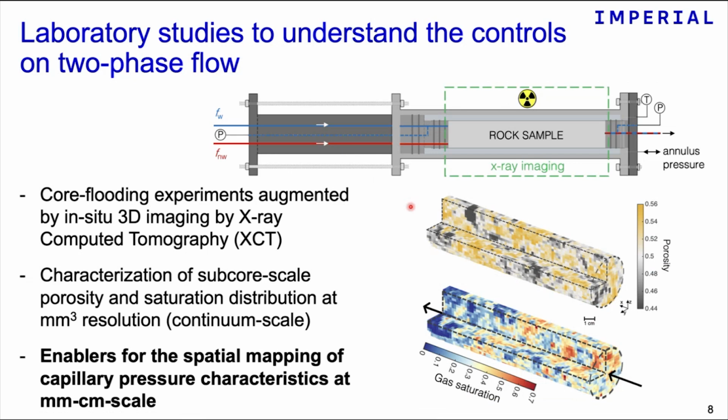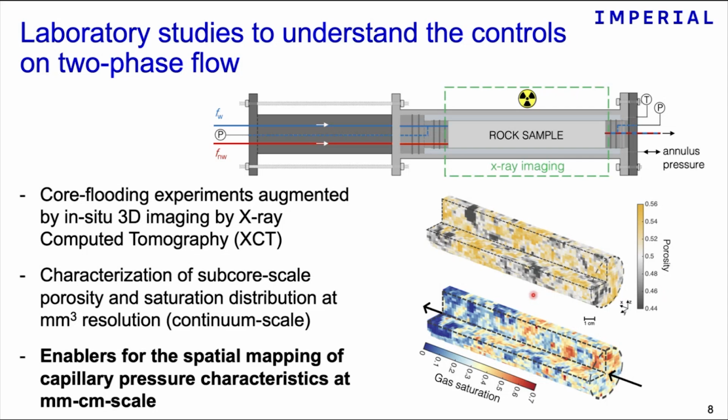So nowadays, using these imaging techniques for augmenting the information obtained from these experiments is quite common. Many labs have these instruments, and the key measures that can be extracted from the experiments are shown here on the right-hand side. Typically, the two fundamental properties that you can fairly easily obtain from these experiments are the porosity and the porosity distribution in the rock sample. You see here a map of the porosity of a piece of rock. You see in yellow and gray the different levels of porosity and the way they're distributed in the sample.